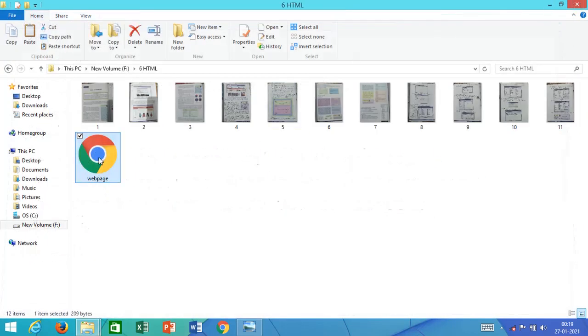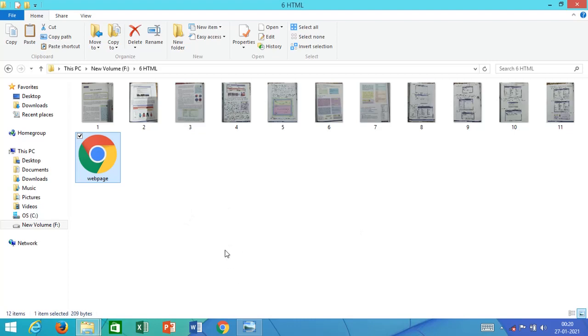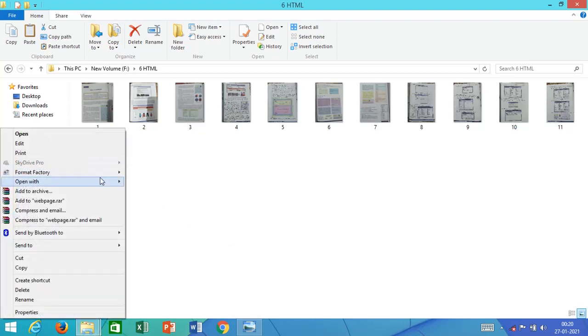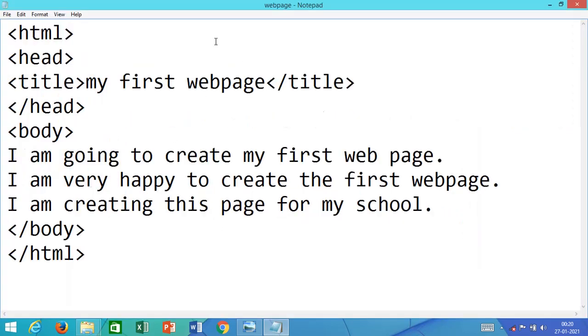Now go to the web page. Go to the place where you have saved the file. Now click on the file. Now here you can see all the three sentences. That means the first sentence which I had written in the beginning and the other two sentences which I added afterwards, all are appearing here on the screen. So this is the way you can write a basic HTML program, and this is the way you can save this basic HTML program. I hope it is clear.